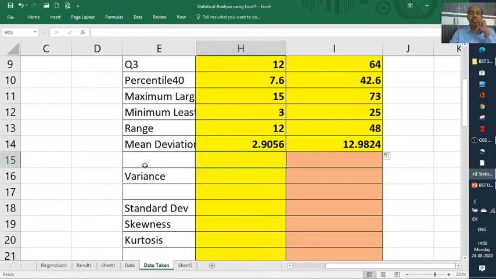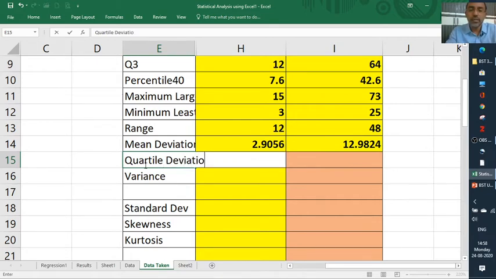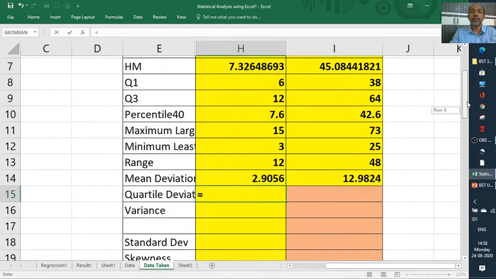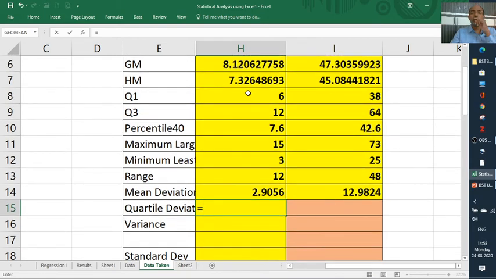The quartile deviation. If you want, I'll calculate the quartile deviation also. But we need our own formula instead of that one. As we know, we calculated Q1 and Q3. So Q1 is the 12, so I am just putting the number itself, Q3 minus Q1.